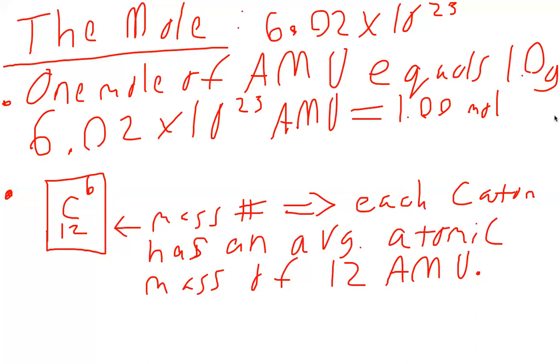Each carbon atom has an average atomic mass of 12 AMU, right? And then I can turn that little period into a semicolon. We use a semicolon to connect two independent clauses, phrases that could stand as sentences if we wanted them to. So each carbon atom has an average atomic mass of 12 atomic mass units; and so 1 mole